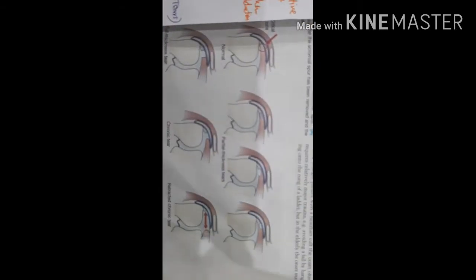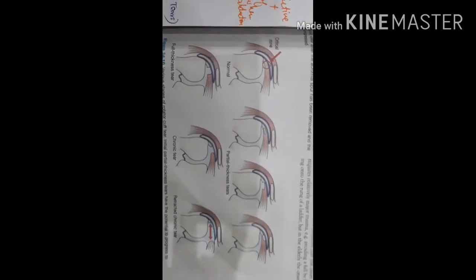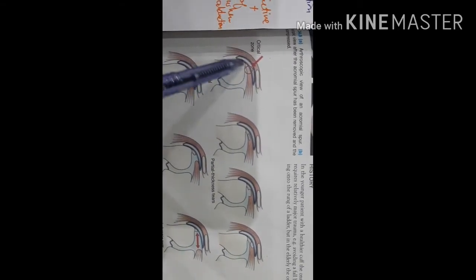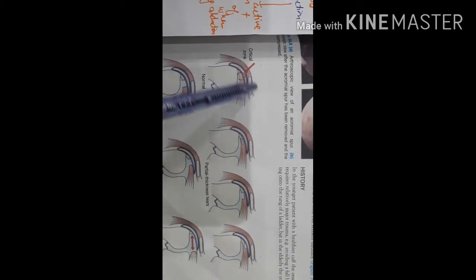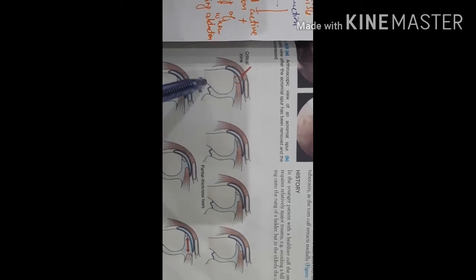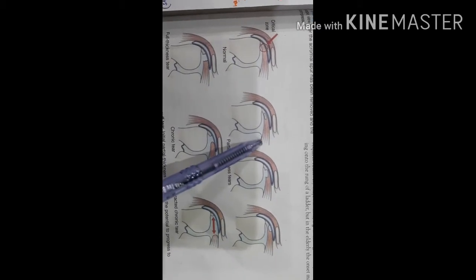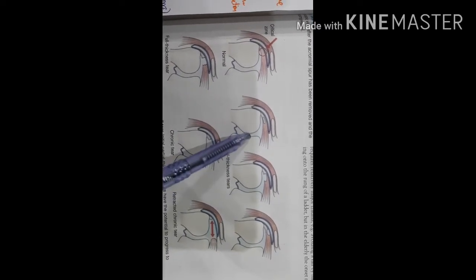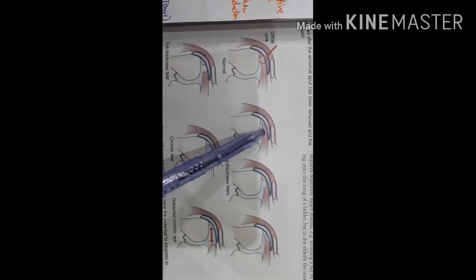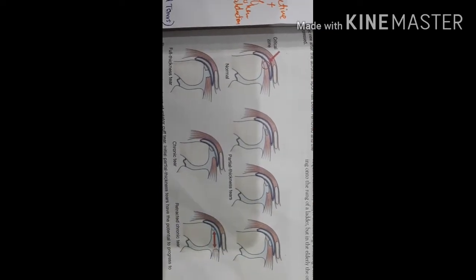In this diagram, different stages of the tears are present. First of all, the normal anatomy is shown. The critical zone is present between the greater tuberosity of the humerus and the acromion process, where the subdeltoid bursa or subacromial bursa is also present. These are the partial thickness tears. First of all, there is the degeneration or anterolateral rupture of the supraspinatus tendon. Then it progresses posteriorly and involves infraspinatus and teres minor tendons.